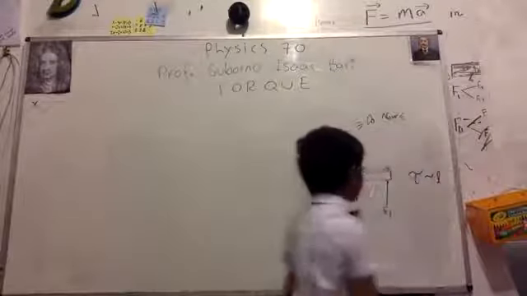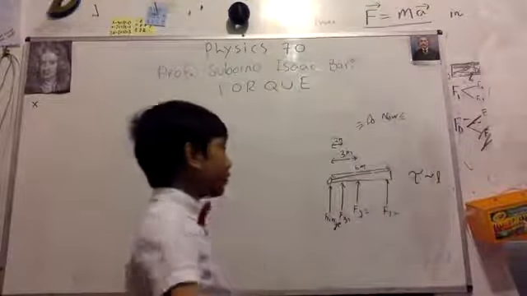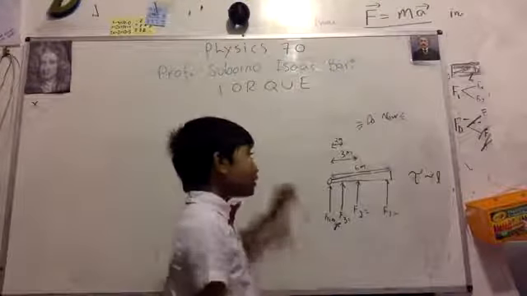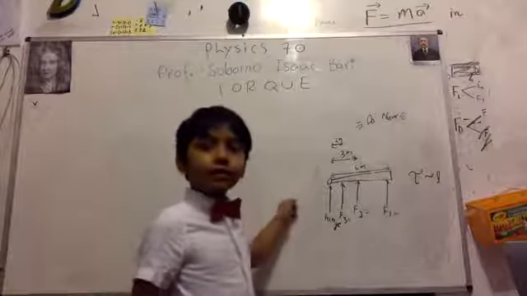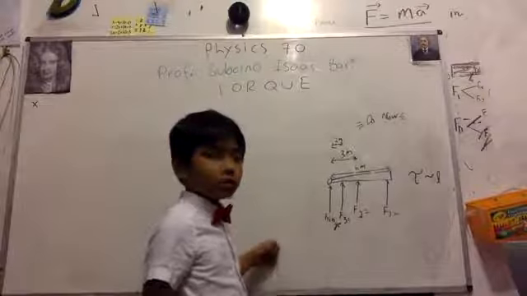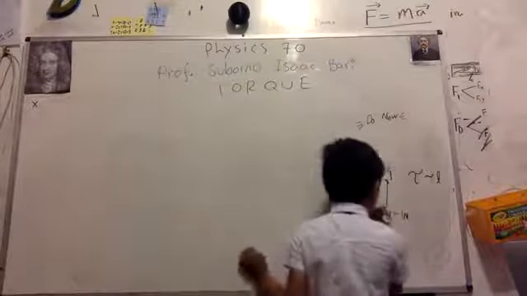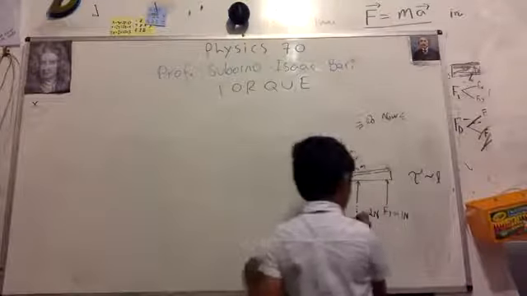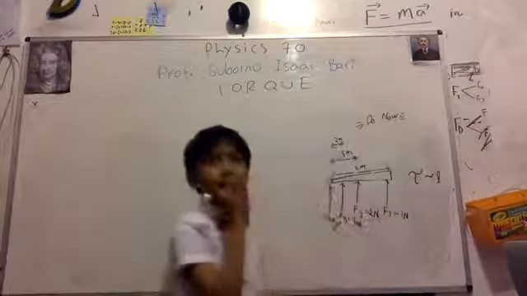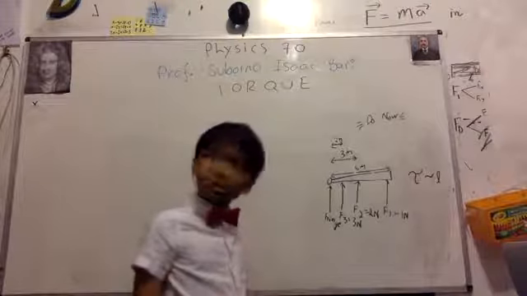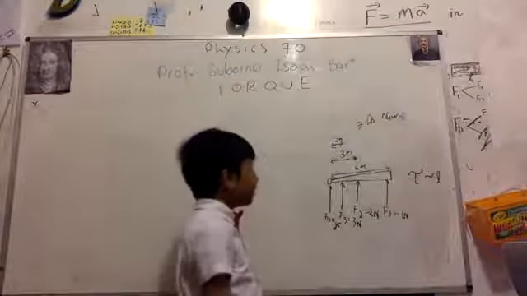So, Professor, what does that mean? Can we say F1 is 1 Newton? I'm going to give the distances. You already gave us the distance. Can I say F1 is 1 Newton? Okay. F2 is 2 Newton? F2, 2. F3 is 3 Newton. Okay, you guessed correctly. I think F3 is 4 Newton. No. Look,